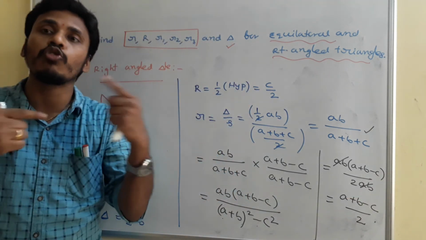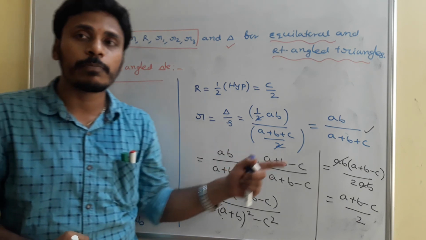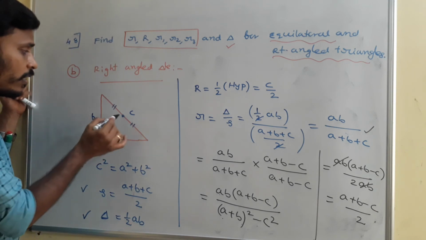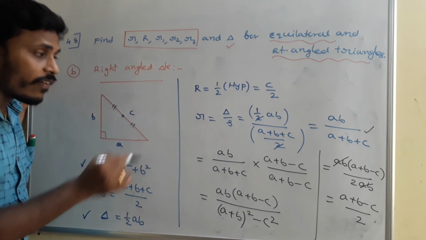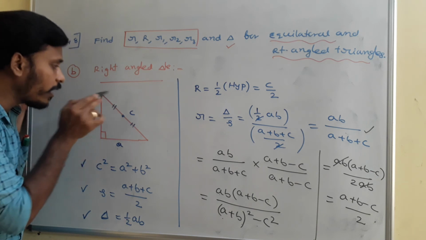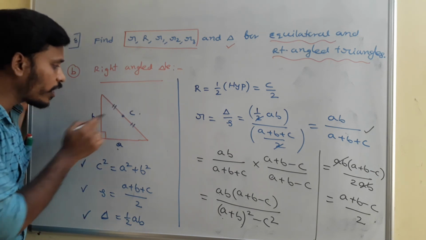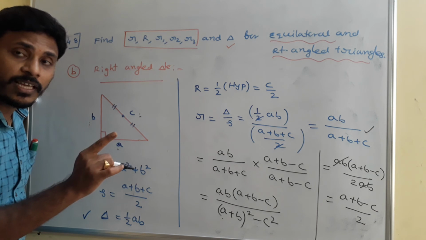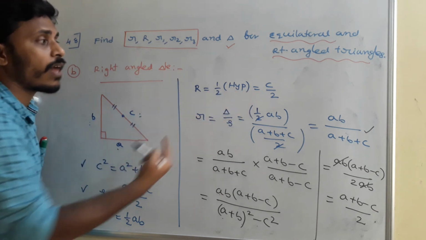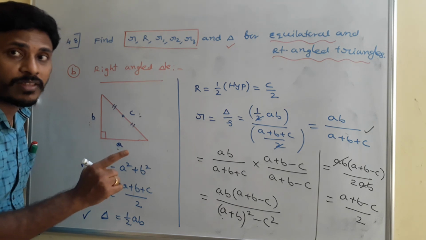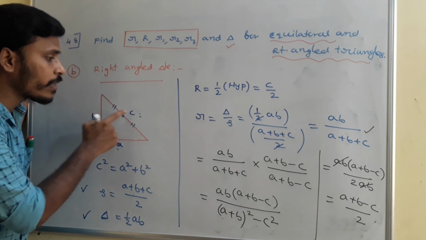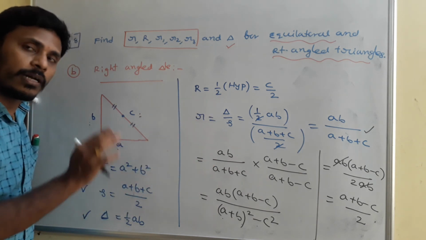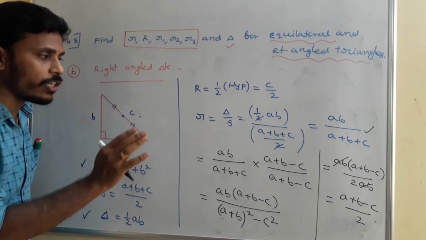So it is easy to memorize at the end. At the end the rule is (A plus B minus C) by 2. Now it is somewhat easy to memorize. So how can we memorize? See, since we are calculating the inradius, it is small a plus small b minus C by 2. If you have the three sides of the right angle triangle, then no need to go with any other formula. If you are thinking about circumradius, it is directly half of the hypotenuse, C by 2. If you are thinking about the inradius, it is simply (A plus B minus C) by 2. How is it (A plus B minus C) by 2? I just mentioned the discussion. But at the end, while solving the problems, you just memorize the rule.